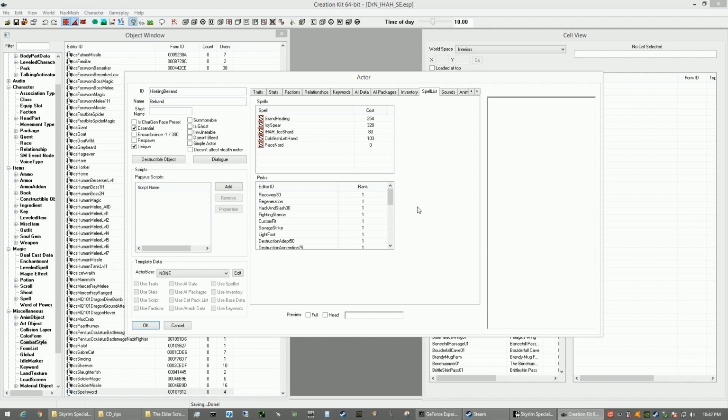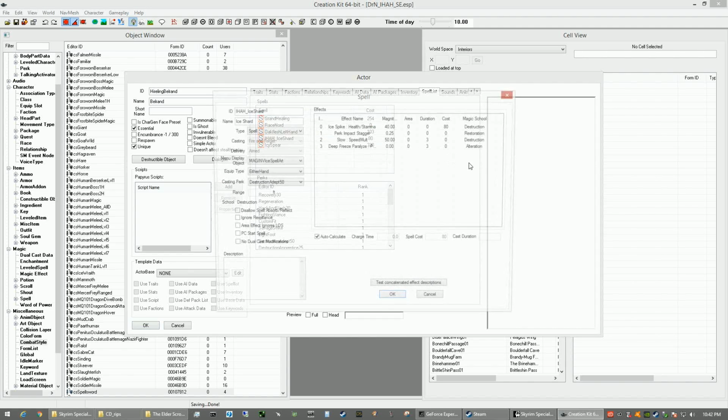But no. He also came with perks: Augmented Frost, Recovery 30, Regeneration, Hack and Slash 30, Fighting Stance, and Custom Fit. Now, why did he come with Augmented Frost when he had no Frost spell? No idea. So anyway, I gave him Grand Healing, Icy Spear, a modified version of Ice Spike, which replaces the